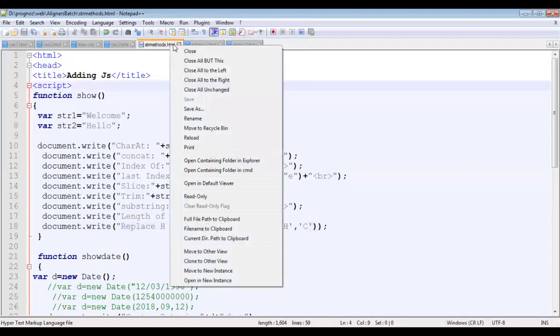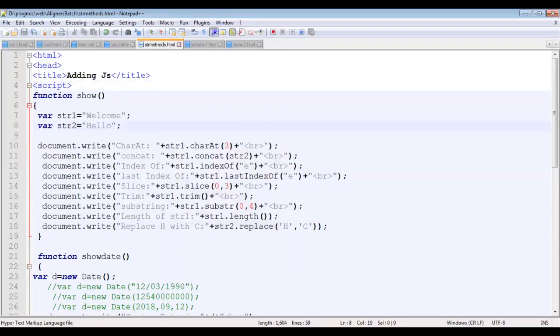Okay, so to execute the same, I'll navigate to the browser now.